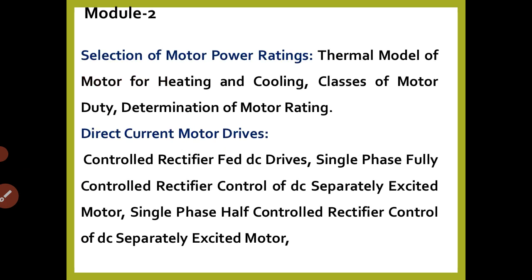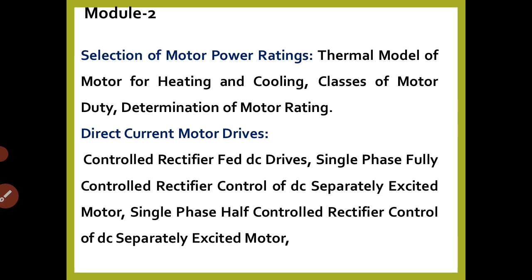Module 2, here in this module 2, the selection of motor power rating. The different classes of motor duties and determination of motor rating we are going to study under module 2. The continuation of module 2, direct current motor drives, nothing but DC motor drives. Here in this bit we are going to study about